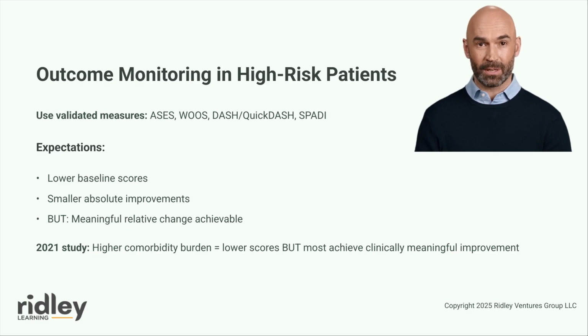A 2021 study found that higher Charlson and Elixhauser comorbidity indices were associated with lower American Shoulder and Elbow Surgeons scores and greater pain interference at all time points following shoulder arthroplasty, but that most patients achieved clinically meaningful improvement regardless of comorbidity burden. These findings underscore the importance of establishing realistic expectations based on baseline functional status and comorbidity profile, while recognizing that meaningful functional restoration is achievable even in complex, high-risk patients when rehabilitation is appropriately individualized and